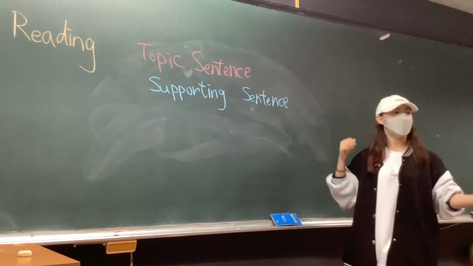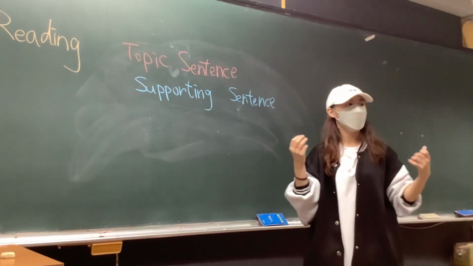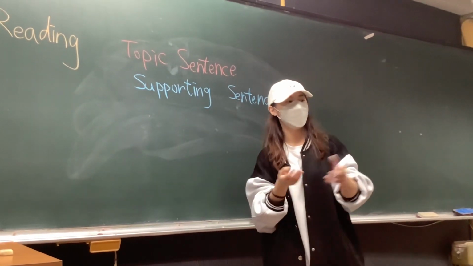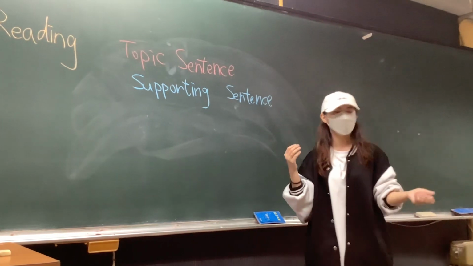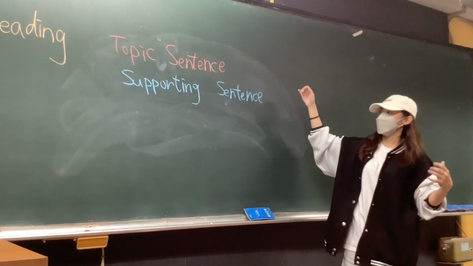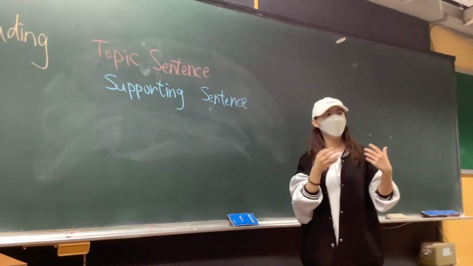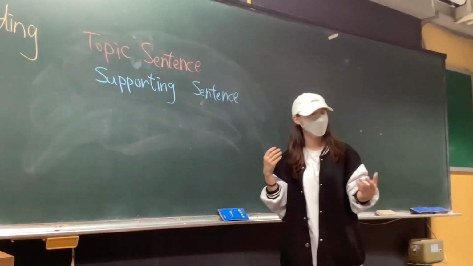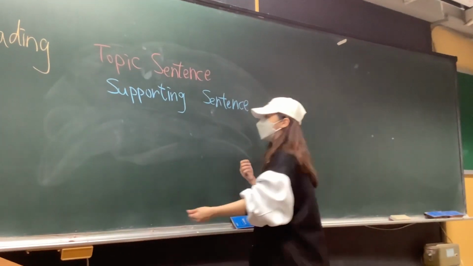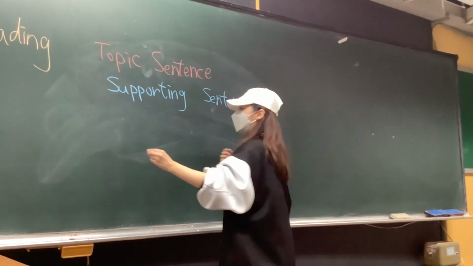So you may give some examples, some descriptive examples, some results from the research, or some statistics as well. And we often give about 3 or 4 supporting sentences or more to make your whole paragraph more convincing and justifiable. And last but not least, the sentence you marked with the black pen is what we call